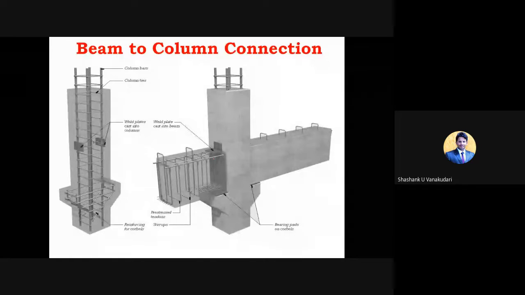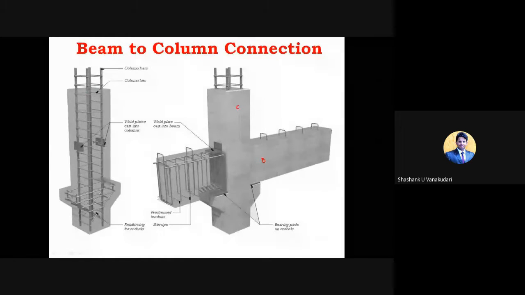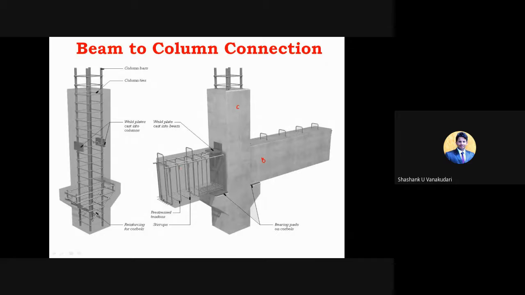You can go with so many types of connections. In steel structures we can connect the steel column to the steel beam, and when it comes to concrete structural members, they need to be very careful while providing the joints. So while joining here, this is considered as a column, this is considered as a beam, and now we are going to show the interior reinforcements. Whatever you can see here is the reinforcement provided at this column portion, and here they have provided the reinforcement details in the beam sections.